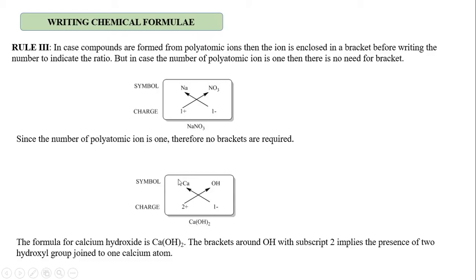In the same way, if you take calcium hydroxide, the calcium formula is Ca, plus 2, and OH is minus 1. If you do the crisscross, we get Ca(OH)2. So you need to enclose the whole OH in brackets. Oxygen and hydrogen together are called polyatomic. If there is more than one atom of an element, it is called polyatomic. In this case, you need to enclose the bracket for OH with the subscript 2. So in the case of a polyatomic ion, you need to enclose the bracket. If it is 1, you need not enclose it. For example, sodium hydroxide, you need not enclose the bracket.